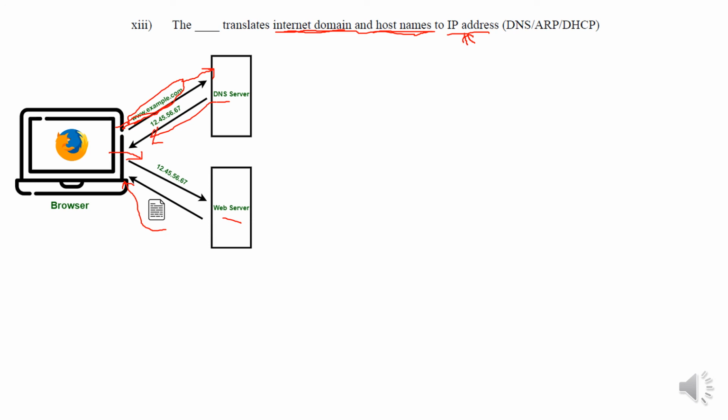Now how does the browser know the DNS server? Where is the DNS server? For that purpose, the DNS servers also have some IP address. For example, we sometimes see in the internet settings a default DNS or alternate DNS added as 8.8.4.8 as the IP address for DNS. So from those settings, the browser gets the DNS server address.